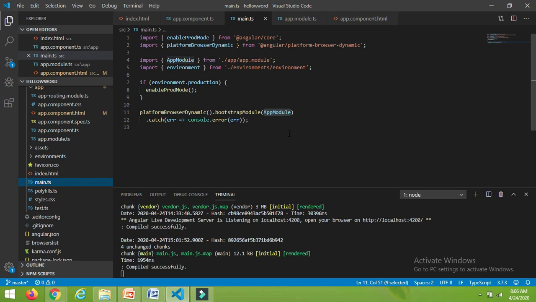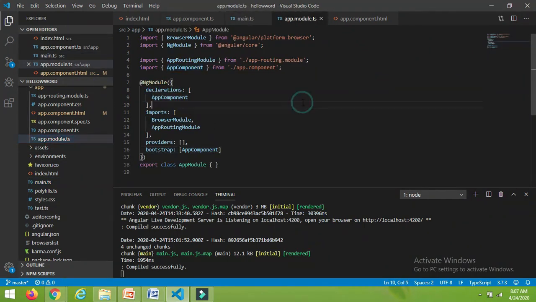Bootstrap means starting, injecting. At the time of starting we have injected the app module, and it is imported from app.module. By default we skip the .ts extension, so it is from the app.module.ts file.